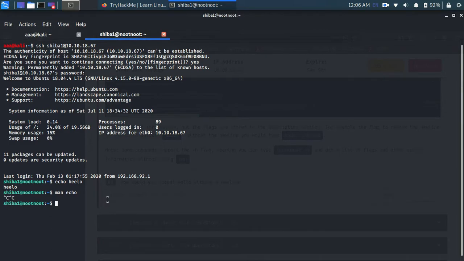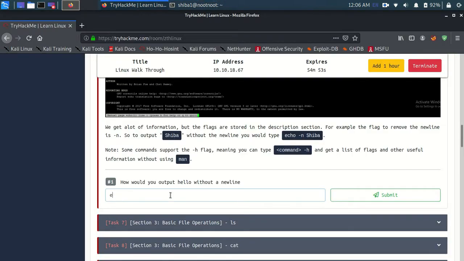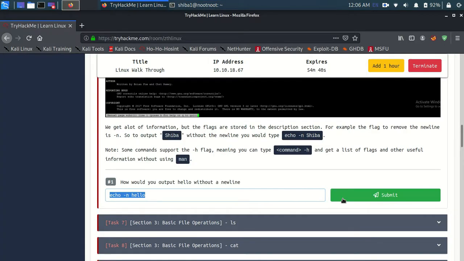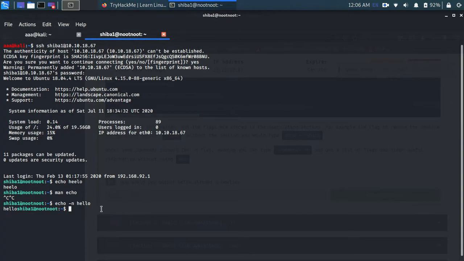So it would be echo -n, and what we need to output is hello. Let's copy and try it here first. Yep. You can see the difference between this command and this command is the position of this thing where it says Shiba1 @ root.